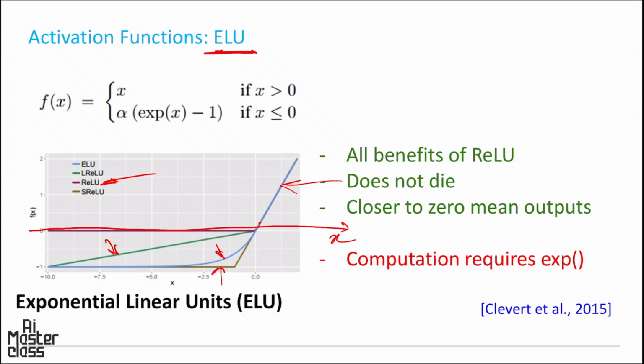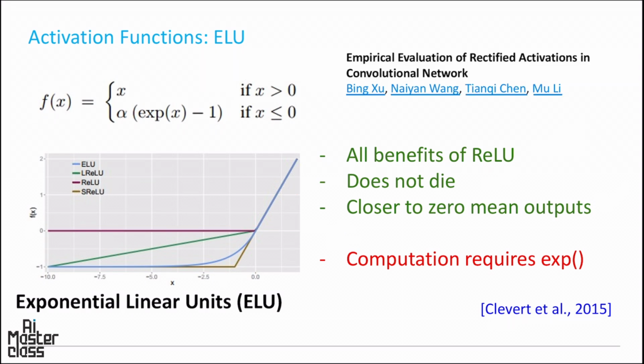So the advantage is that it is smoother, it has all the benefits of ReLU, it does not die, and it's closer to the zero mean of outputs, and we'll talk about the zero mean when we talk about weight initialization. And this also came up by Clevert et al. They published it in 2015. And then there is a lot of additional work, including, let's say, this paper, Empirical Evaluation of Rectified Activations in Convolutional Networks,